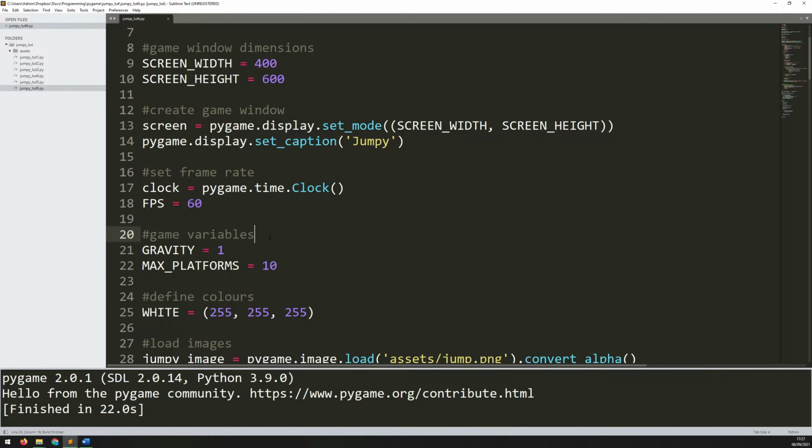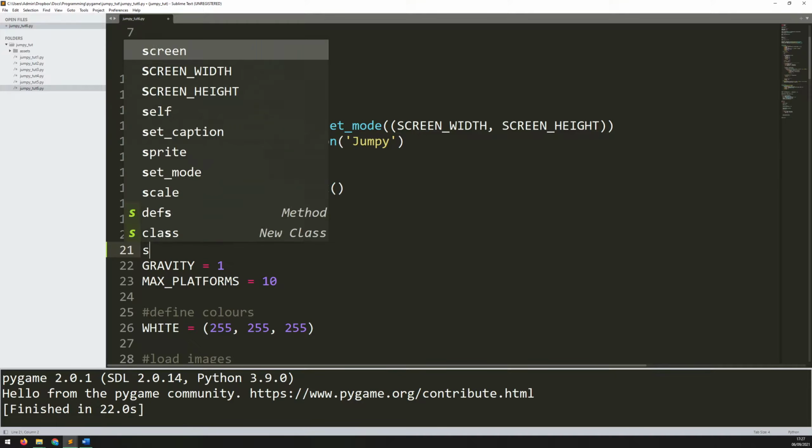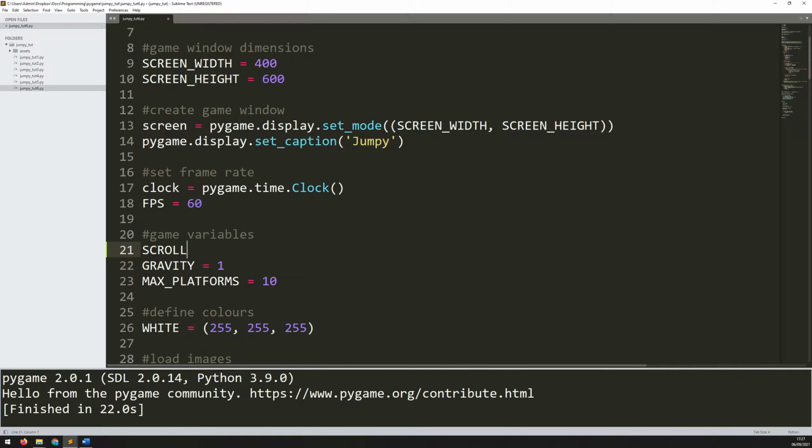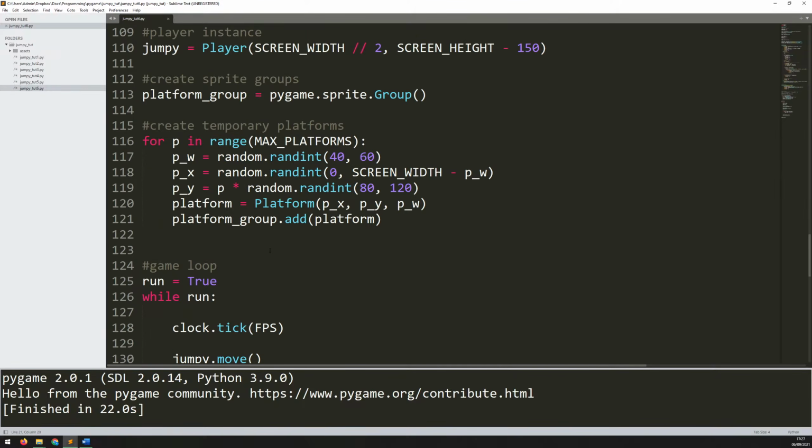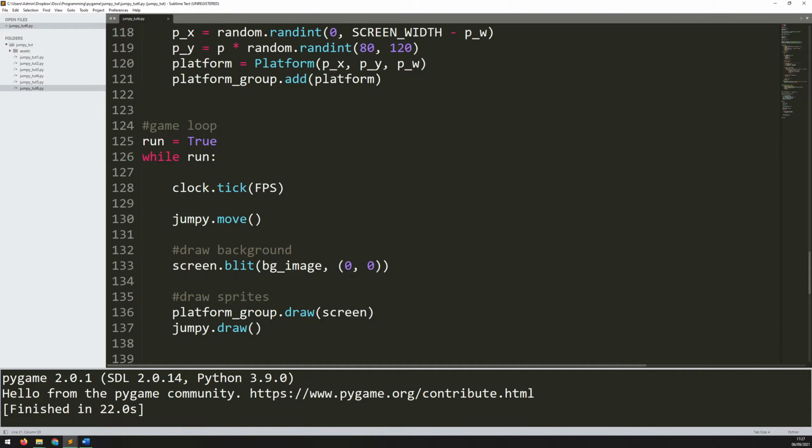Now to do that, I need to create an additional variable. I'll name this variable scroll_thresh. So that's short for the scroll threshold, and I will set that to 200 pixels. And just so we can visualize what this all looks like, I'm going to draw a temporary, well, it's going to be an imaginary line, but I'm going to draw it onto the screen for now, just to see what